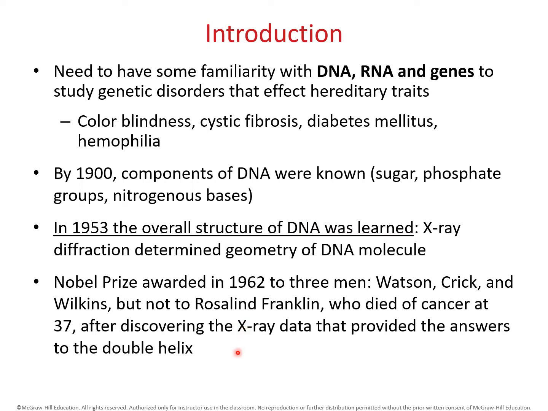And then just kind of an interesting point, I think everyone will point this out in an introduction to DNA, that in 1962, there were three men, last name Watson, Crick, and Wilkins, that were given the Nobel Prize for the discovery of DNA. But really, Rosalind Franklin was another scientist that was working with these guys, and she never did receive any recognition for her role in that. So good to keep in mind. It wasn't just these three guys, but also Rosalind Franklin. Much later, she started to get credit for it after she passed away. So anyway, there's that.